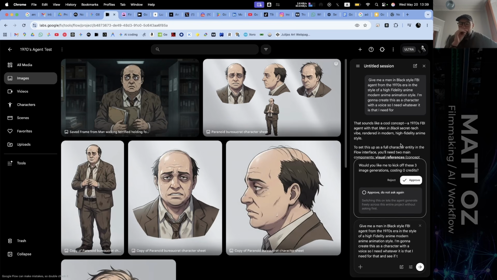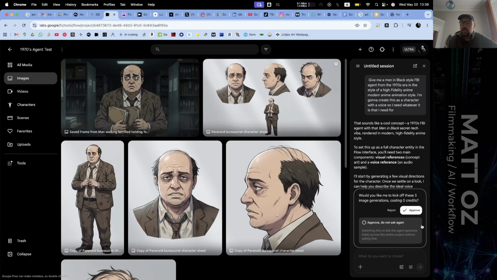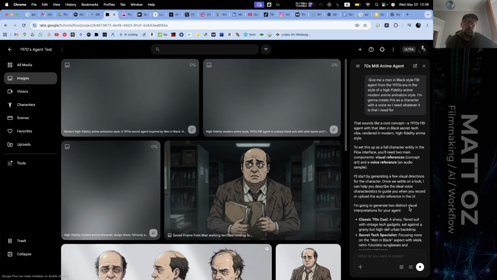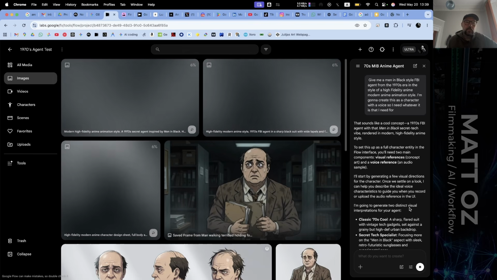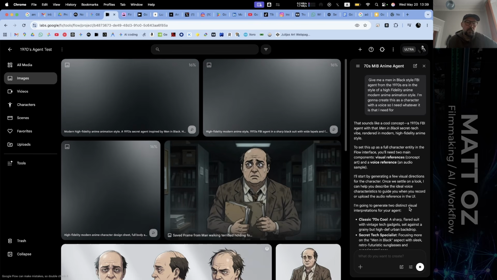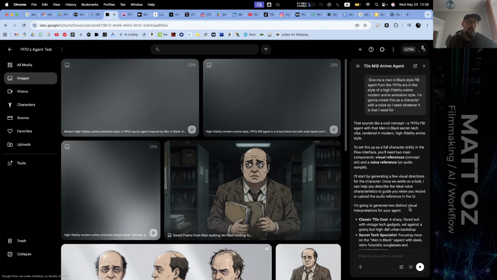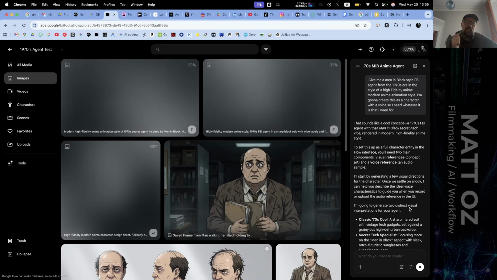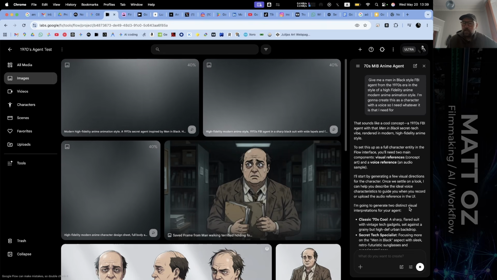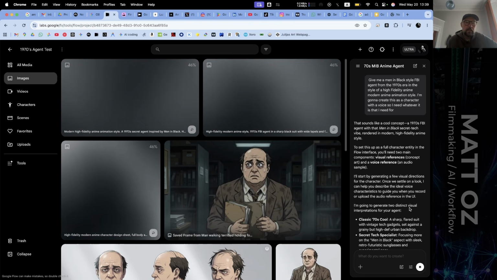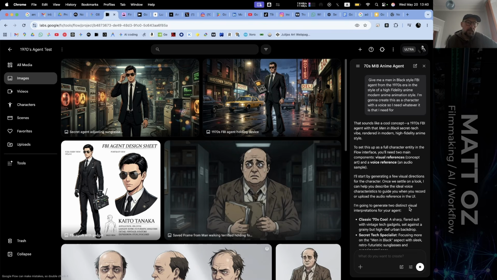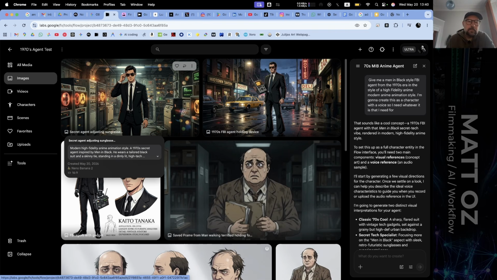Oh, okay, so even though I sort of hit the button and had a bit of a fumble there, I'm going to cancel that prompt. So let's see what it does. It says, would you like me to kick off these 3 image generations costing 0 credits? Yes, it's pretty cool. So I can kind of just, if you want to call it vibe generating or vibe filmmaking, then this could be my new workflow. Okay, so that didn't quite work.